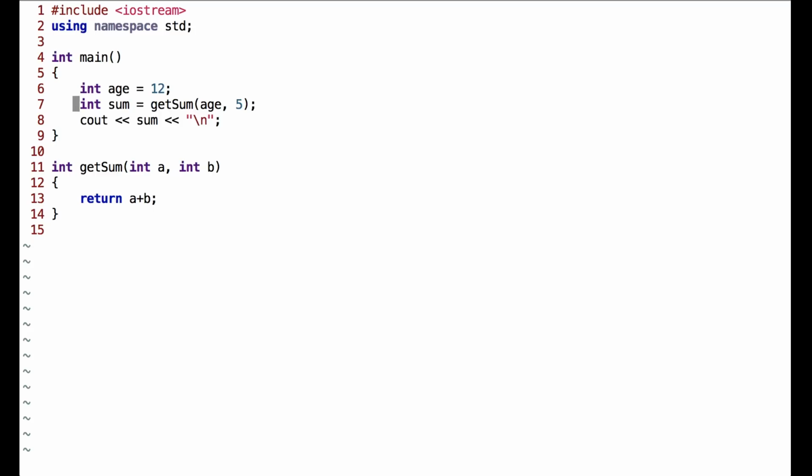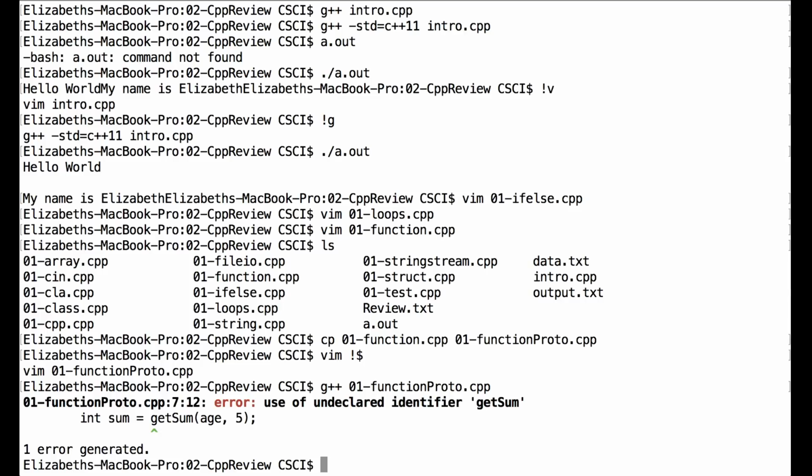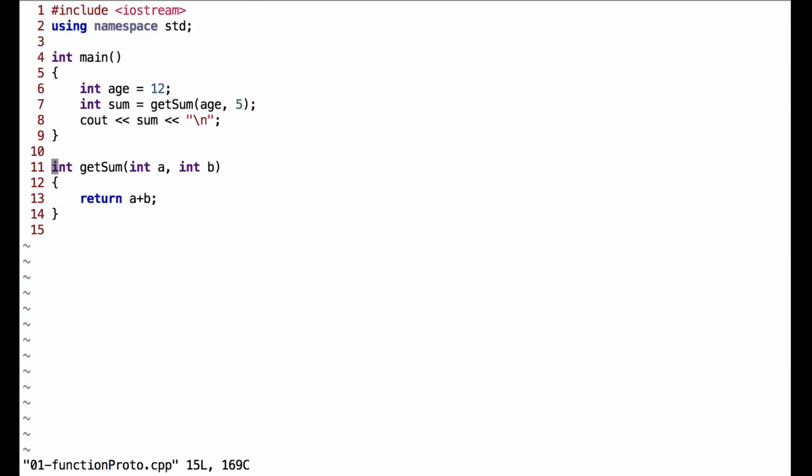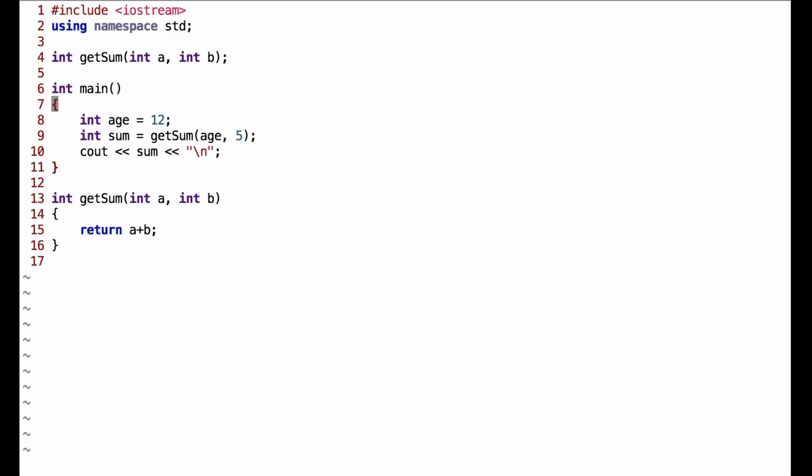Now, the problem with this is if I try to run the program right now, or even compile it, so if I do g++, it will give me an error because it doesn't know what getSum is. It's undeclared. So when I come back in here, what we do in C++ then is make a function prototype, which means before main, before it's ever called, so it doesn't have to be main, but before getSum is called, I need to declare what it looks like so that the compiler knows, okay, getSum is the name of the method or function. It returns an int, and it takes two int parameters. So now when it sees getSum here in main, it knows, okay, it's going to take two integers,